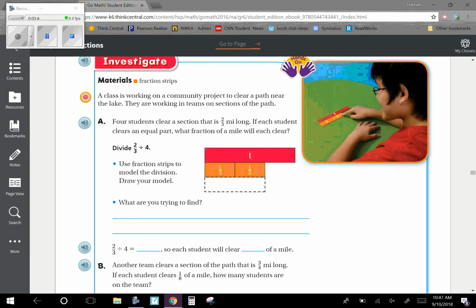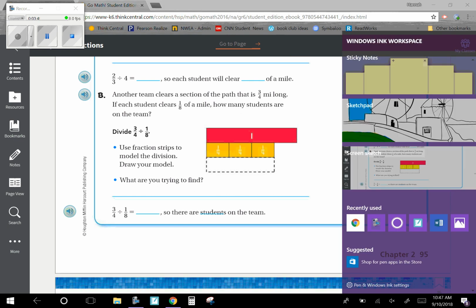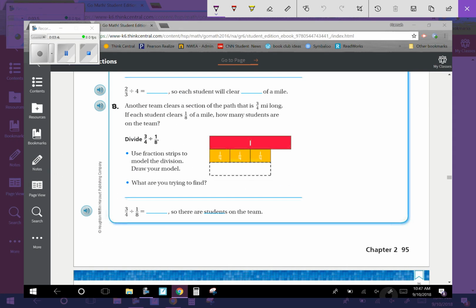Okay, so let's look at B. Another team clears a section of the path that is 3/4 miles long. If each student clears 1/8 of a mile, how many students are on the team? So we're going to divide 3/4 by 1/8. So